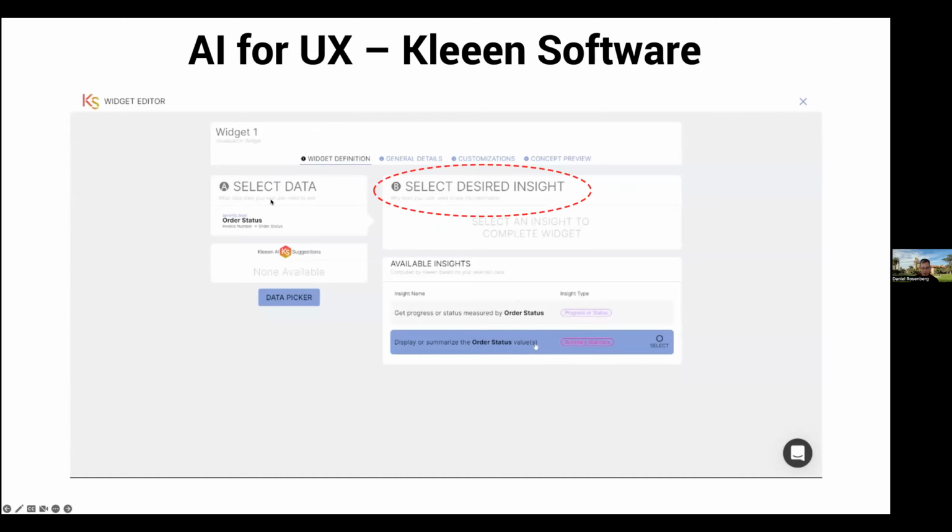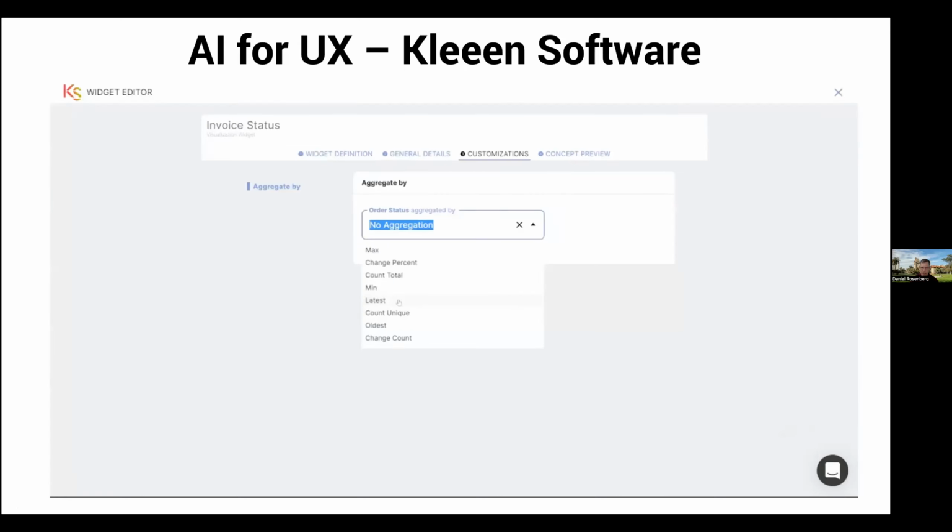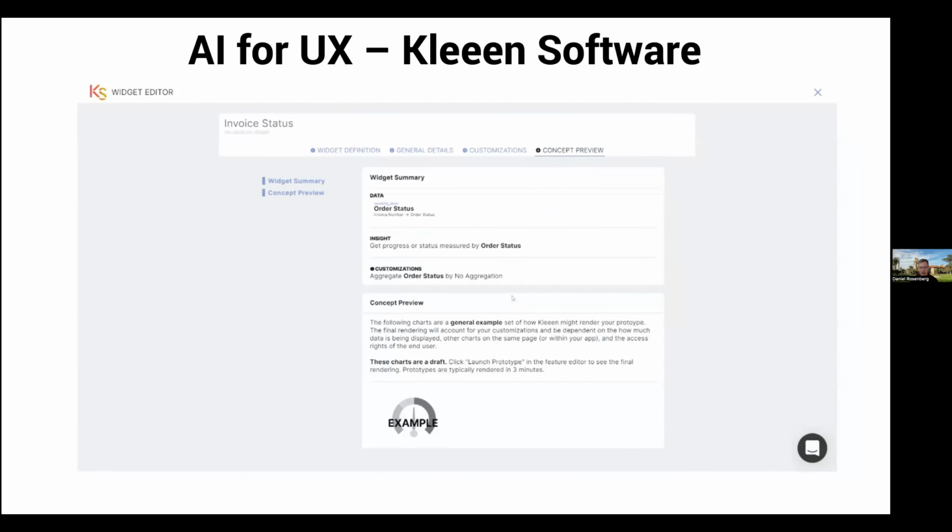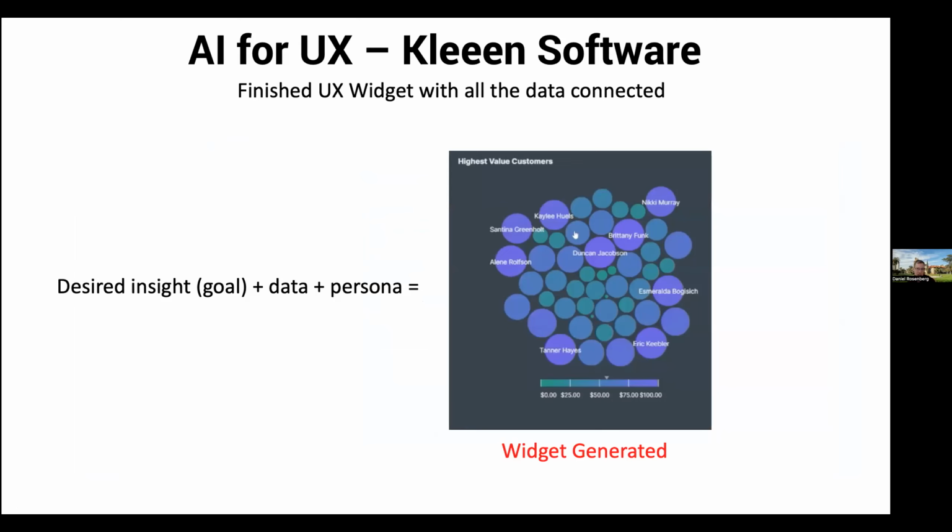And once you say, okay, we want a widget that's going to work on order status, and our goal is to predict future orders, or the goal is to figure out profitability, you basically explain your requirements in natural language, whether you want aggregation, a few other details about how you want things ordered, and in the end, it'll give you a preview, and it might say, okay, to figure out what you just asked for, I'm going to give you a bubble chart.